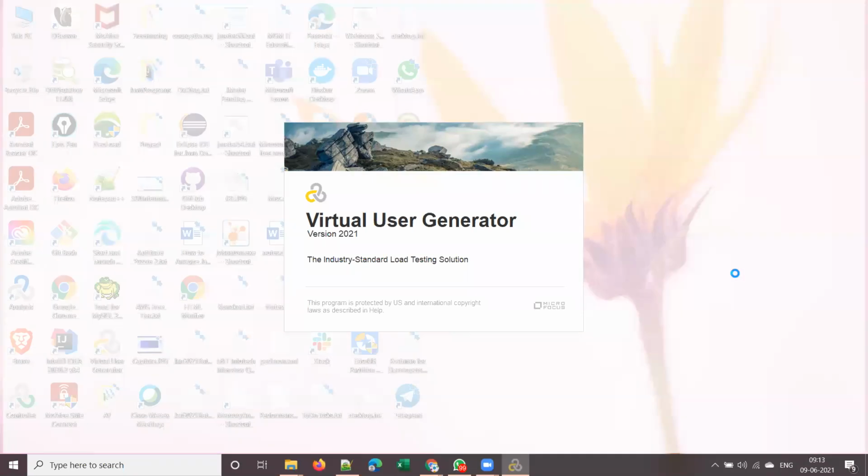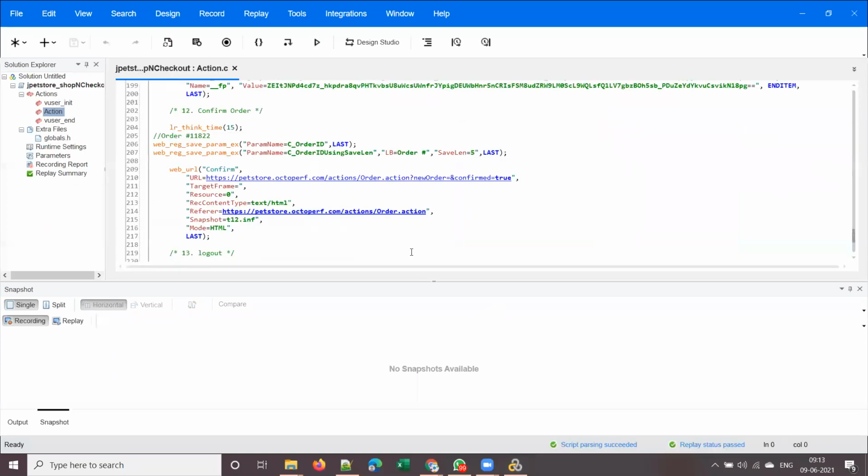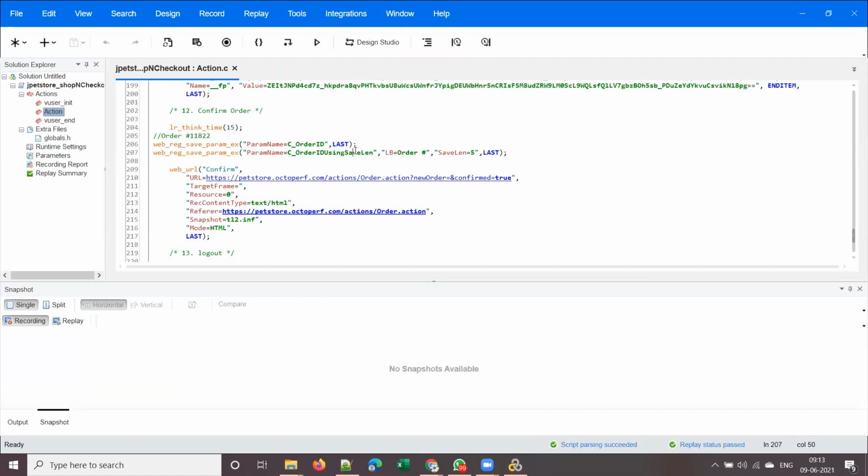Recording. All right. So let's see the snapshot of this. Here in this example, I want to introduce two new concepts. One thing is order ID using save length.